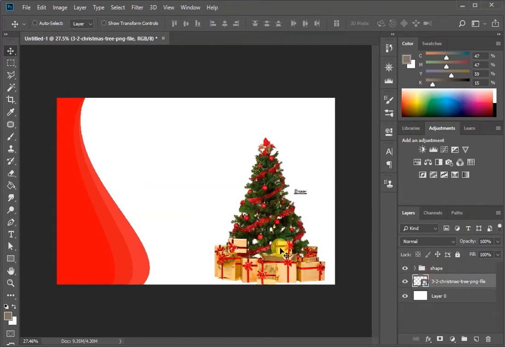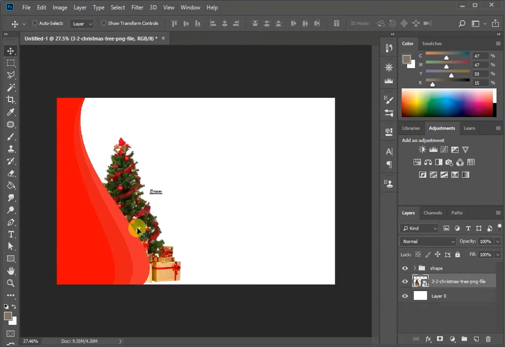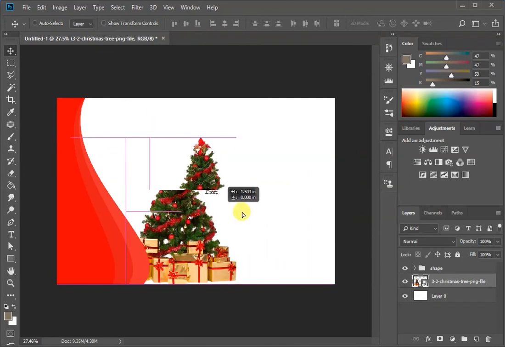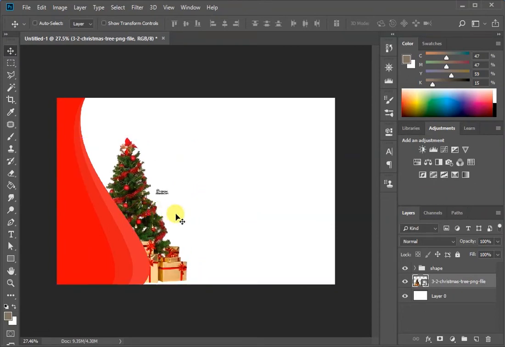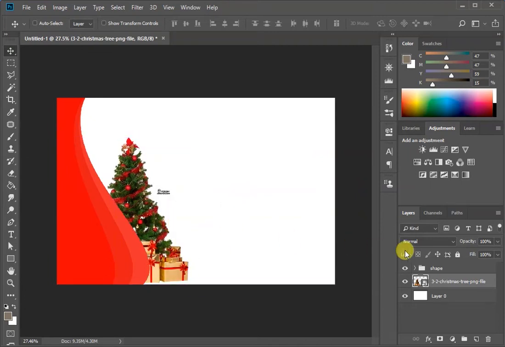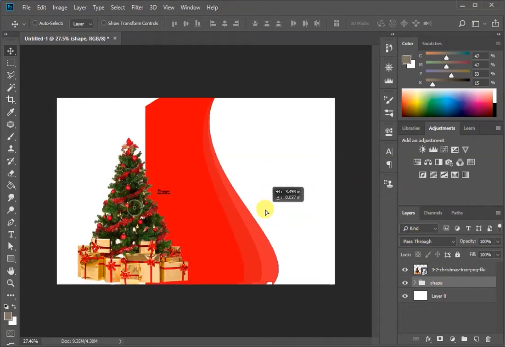How this layer panel works, by the way, is it shows how the elements are arranged. Like, see, this tree now is obviously appearing behind our shape. But if you want it to come in front or on top of our shape, you can do that by adjusting the position of the layer. Bring this one down, and it will come up. So that's sweet in Photoshop. Anyways,